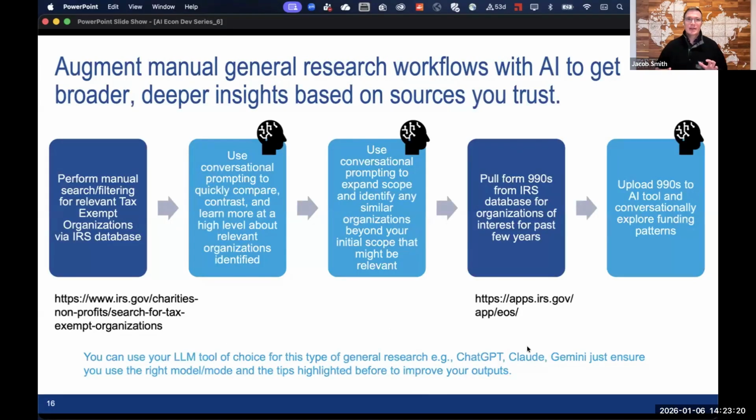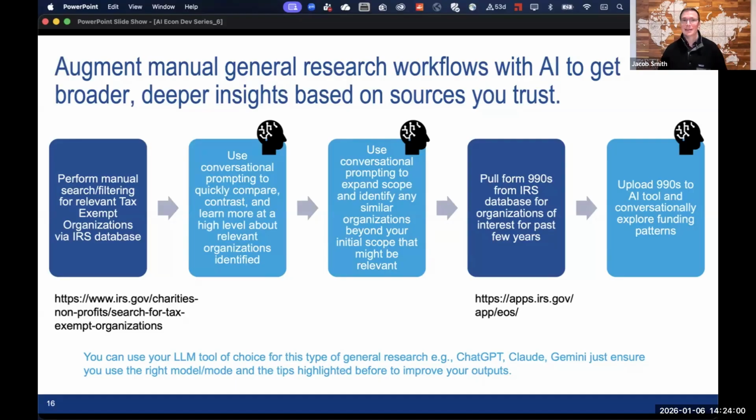So just to think about general research and reframing AI as "AI will do everything," I wanted to put it in perspective of how I might approach a task where I'm looking for maybe non-traditional funders or organizations that I'm not familiar with. So in this case, using a manual and AI-augmented research method, I wanted to lay out that there's a lot of value in the knowledge that you already have, and the databases that you already have access to, things that an AI model has not necessarily been trained on or does not have access to specifically.